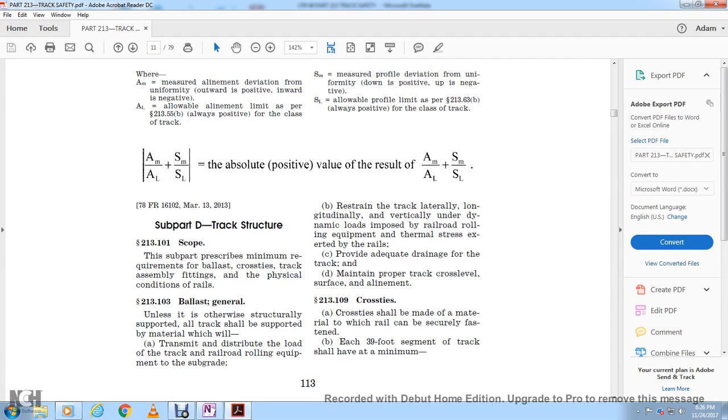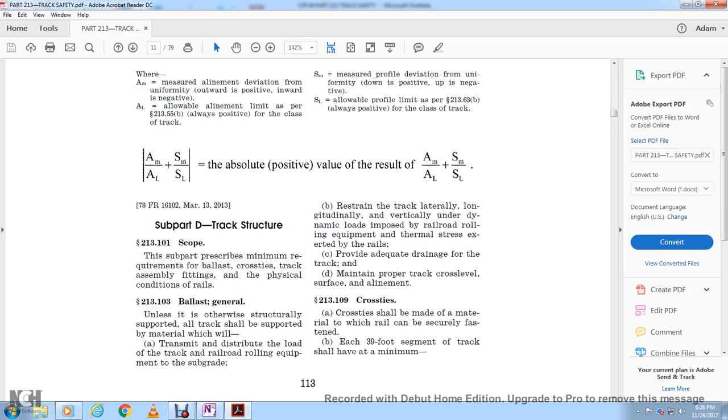Alright, 213 track safety standards, Subpart D, track structures. 213.101 Scope. This subpart prescribes minimum requirements for ballast, cross ties, track assembly fittings, and the physical condition of the rail. 213.103 Ballast, general. Unless otherwise structurally supported, the track shall be supported by material which will transmit and distribute the load of the railroad rolling equipment to the subgrade,